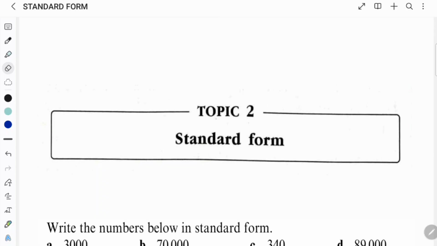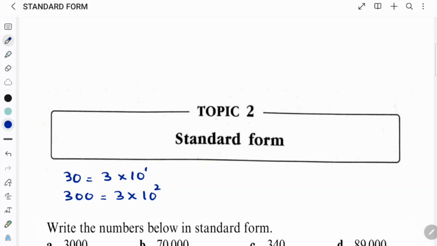All right, so we are just going to start with the basics: how to write numbers in standard form, and then we do multiplication, addition, subtraction and division questions. Remember, when you have a number like 30, you write 3 times 10. If it is 300, we write 3 times 10 squared, 3 times 100. And here I can write 10 to the power 1.